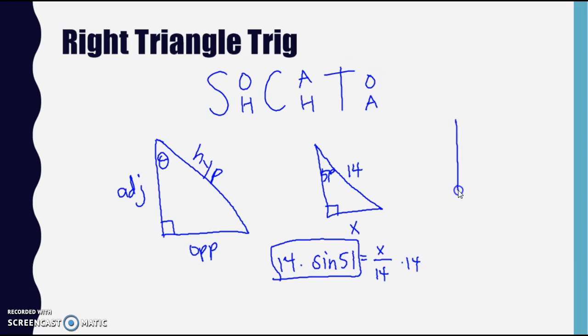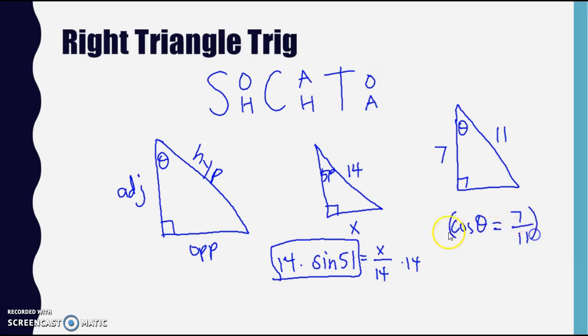If I was looking for an angle, so let's say I'm looking for that same angle theta, but I know that this side is 7 and this side is 11. Right? Now I'm given the side adjacent to my angle and the hypotenuse, so that's going to be cosine. So we can say cosine of theta equals adjacent 7 over hypotenuse 11. Then to cancel out the cosine, I take the inverse cosine of both sides. So this is going to go away, and then in the calculator, do second cosine to get to your inverse,